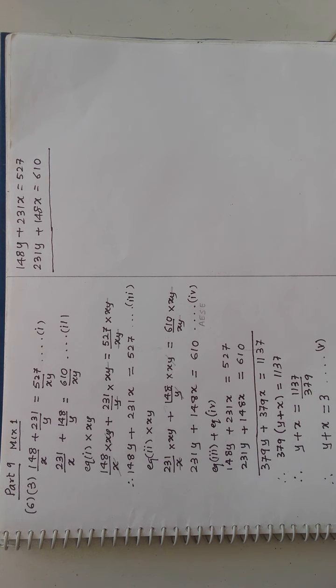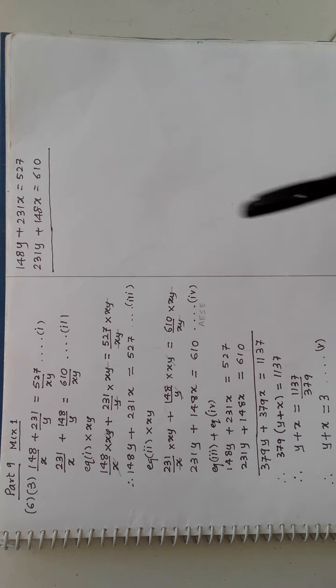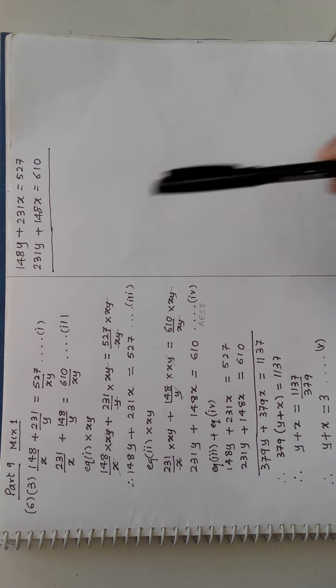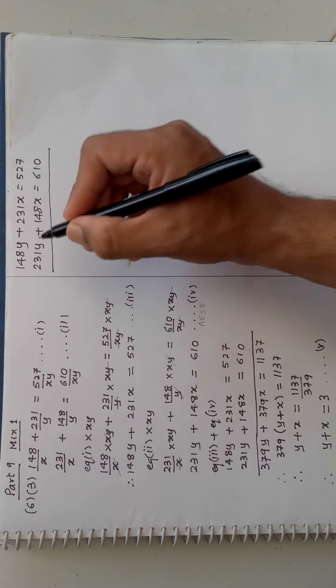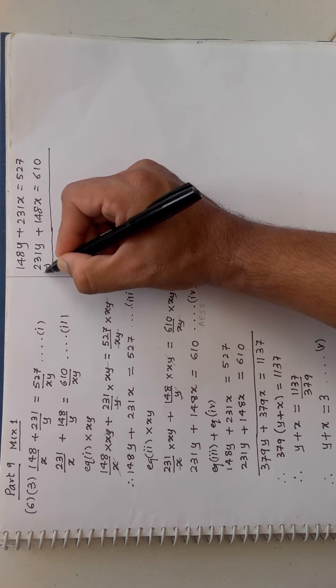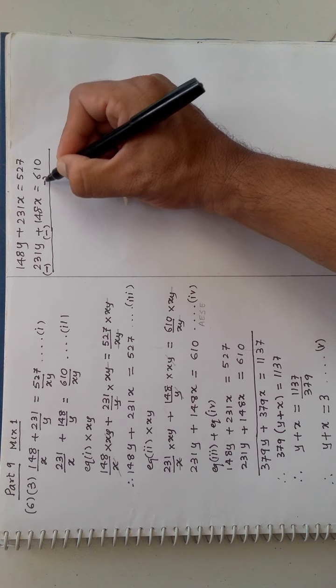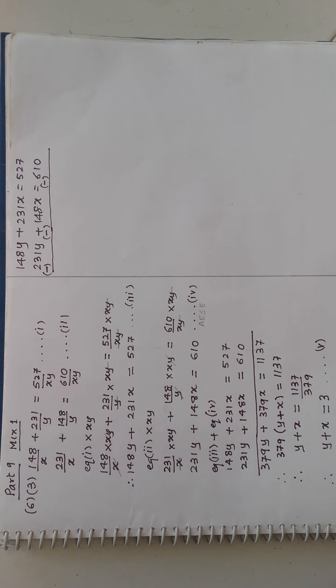So I need to check how many terms there are. Here there is a plus sign: before that there is one term, after that there is one term. Then there is equal to: before that one term which is already counted, and after that one term. So a total of 3 terms are there. Here I will see what the sign is. The sign over here is plus, which will become minus. The sign over here is plus, which will become minus, and over here also is plus, which will become minus. So there is a plus sign for 148 and a minus sign for 231.